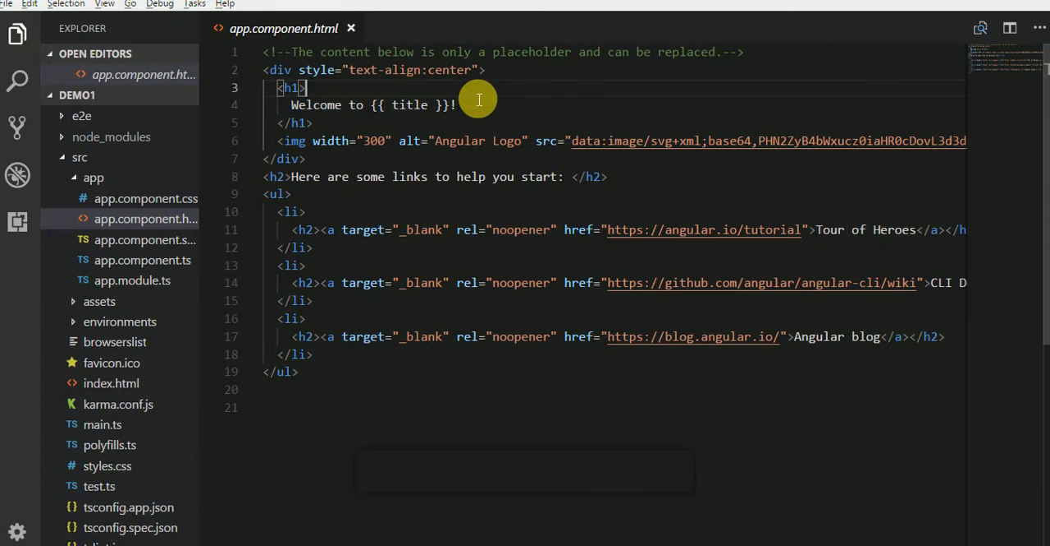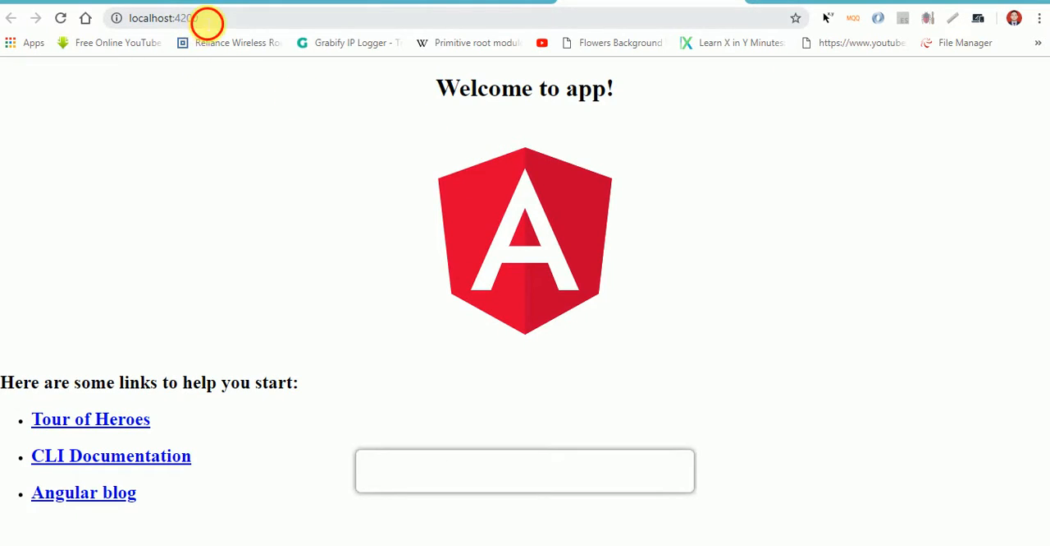This is our first app and we have started. It is serving on localhost 4200. This is the default port. We can change it. We can change it before serving the